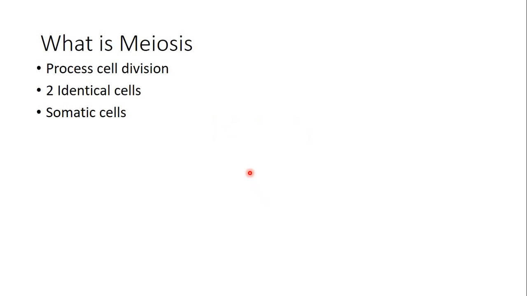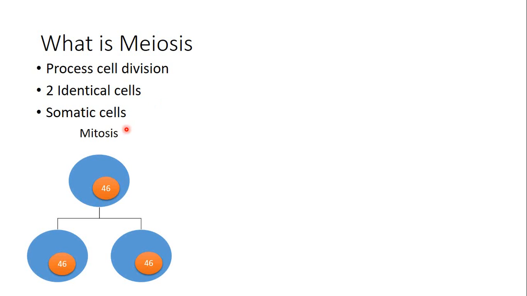Let's first of all have a quick comparison between meiosis and mitosis. In the previous video, I told you that mitosis is a process of cell division in which I get two exactly identical cells from a somatic cell. So here it is. I have a cell of 46 chromosomes, and from this cell I get at the end two exactly identical cells, and they are also identical to the mother cell, and they have 46 chromosomes each,